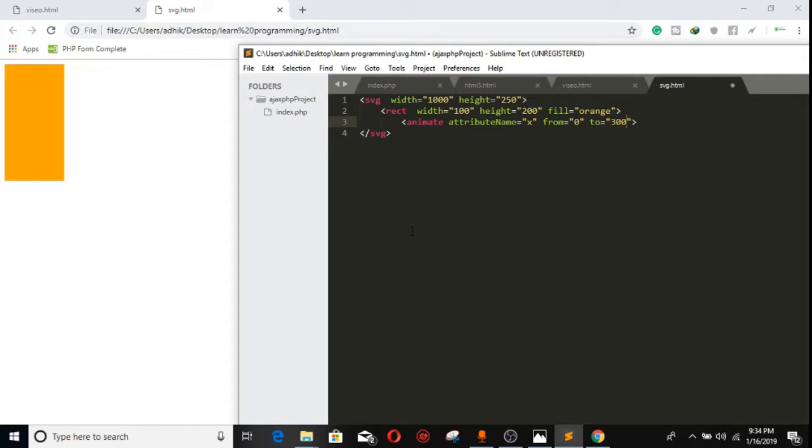I put 300, you can put any value. Okay, and dur for a duration for each change. Let me put 3 seconds, and fill is equal to freeze, okay,